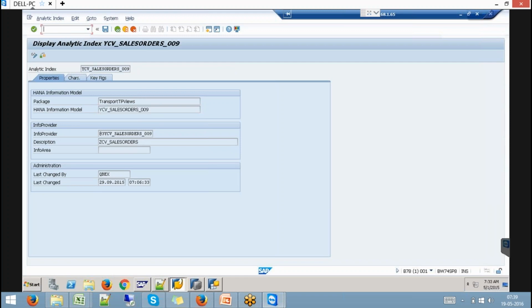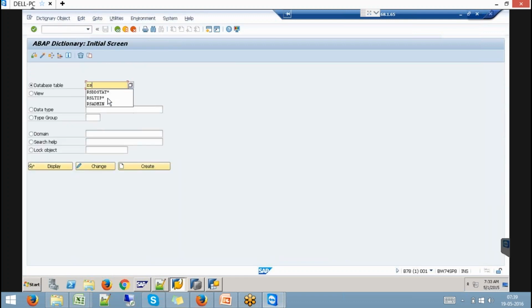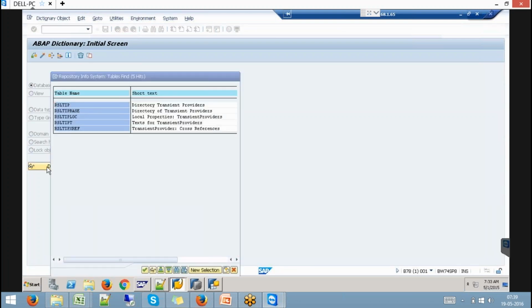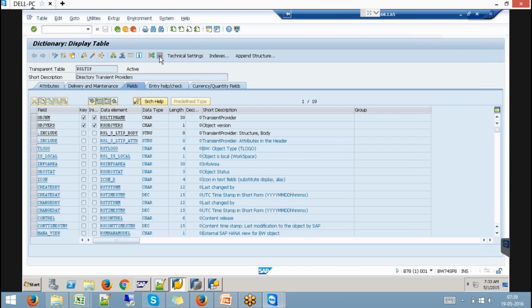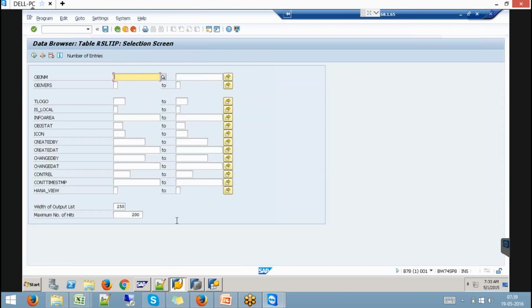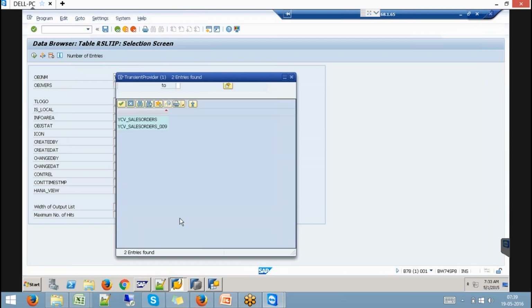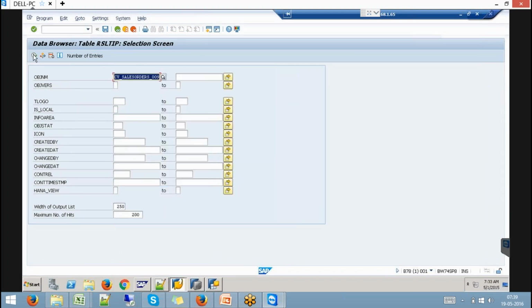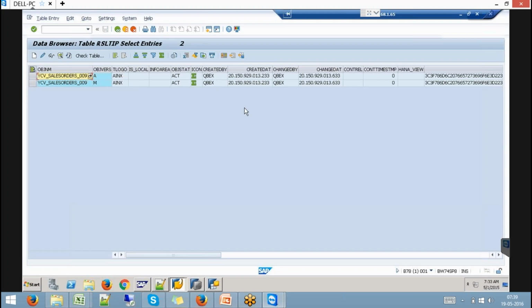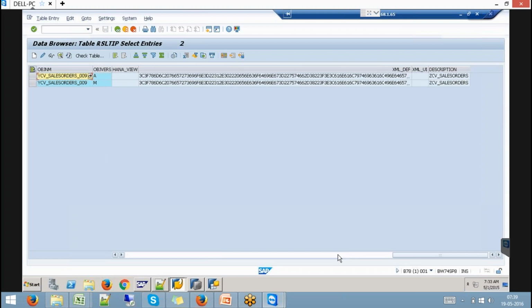When you go to the backend table, you will see the object name. So if you give the view name here, YCV underscore sales, just select the view and then see. This will show me the transient provider name. You see that this view is being used on it. Okay, fine.